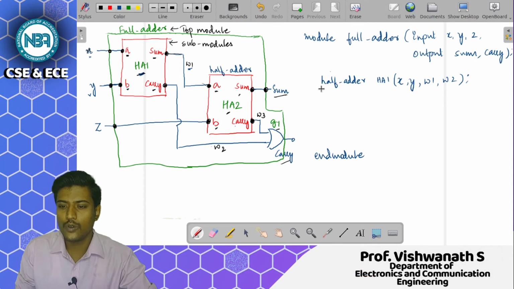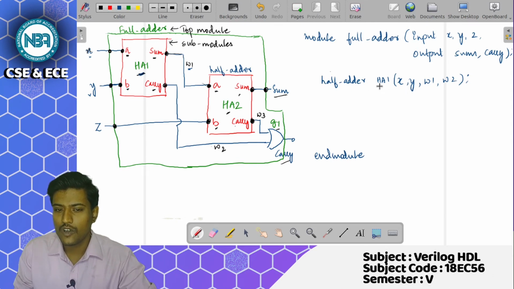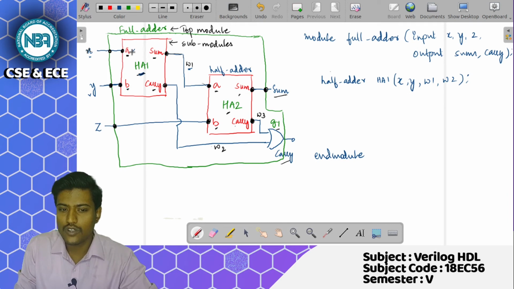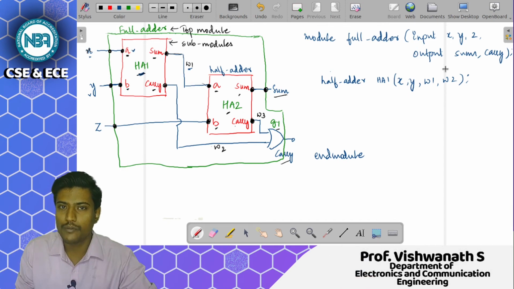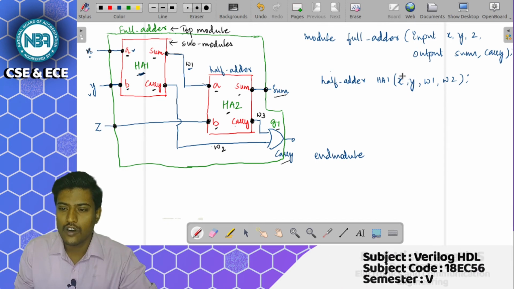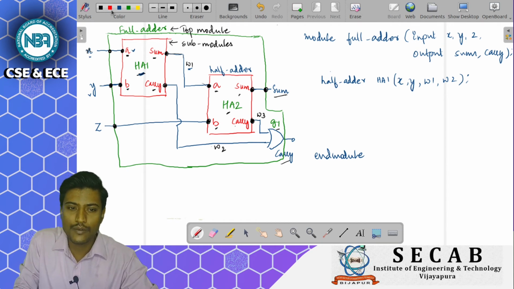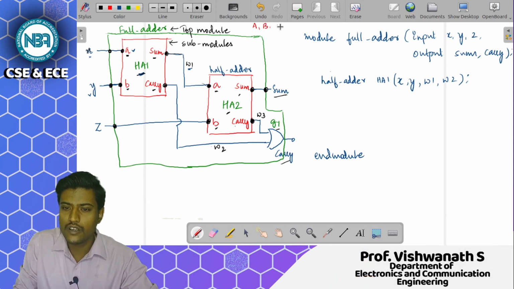Here I am not specifying which port is being connected; I am just specifying in what order the input and output ports are connected. The order was A, B, and then sum and carry.